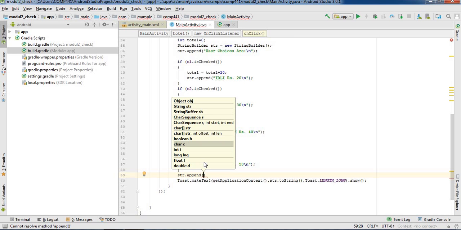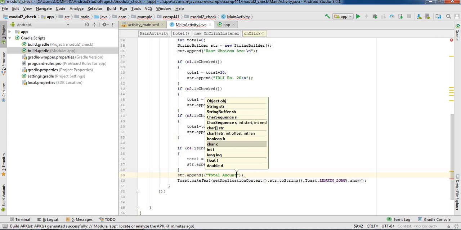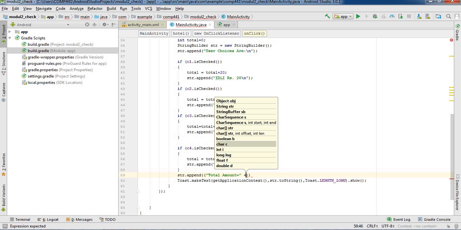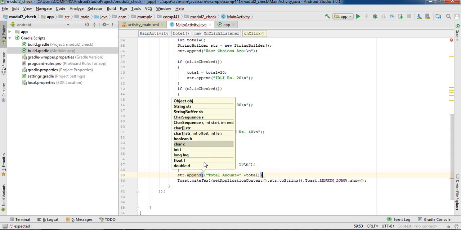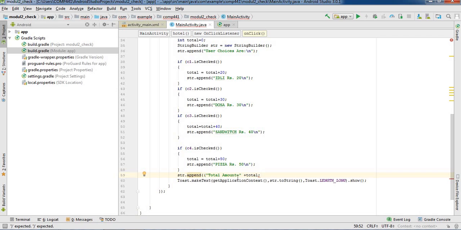Append the total amount equals, and we have the plus sign because this is Java oriented, total. By using this, the final total is going to be appended to the particular string, and we are going to paste the whole string. Okay, just check it.